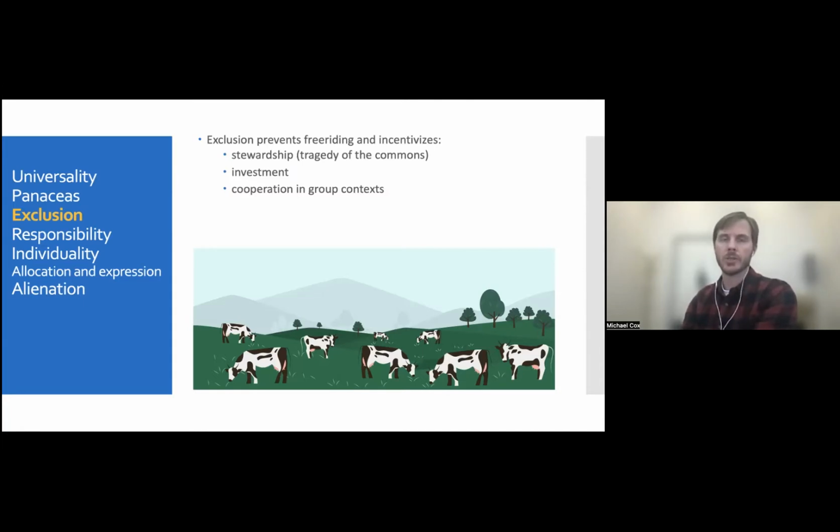Similarly, exclusion incentivizes investment, and I've seen this in my own work. If I'm going to invest and develop my land, I want to be sure that I benefit from that and other people can't benefit from the new infrastructure I've put on my land. I emphasize investment and development because those are not the same thing as stewardship. And I think that's another important nuance on the traditional theory of the tragedy of the commons and the role of exclusion. Exclusion can incentivize things that are not